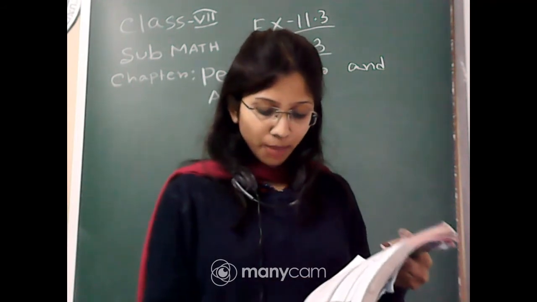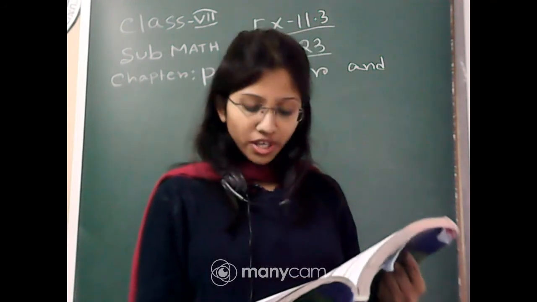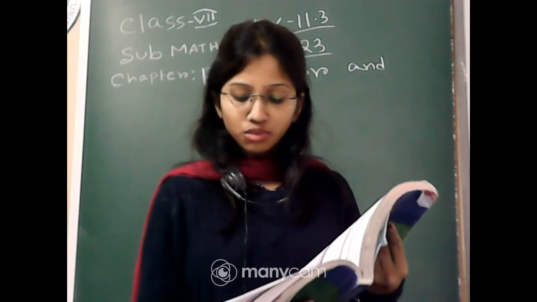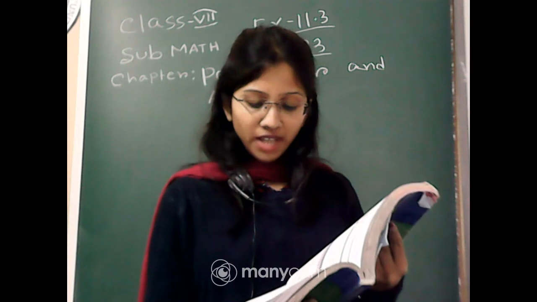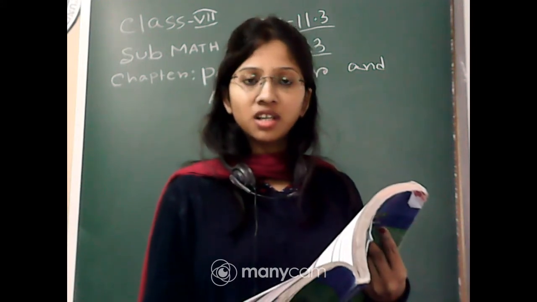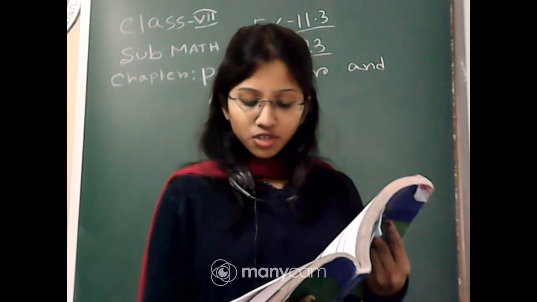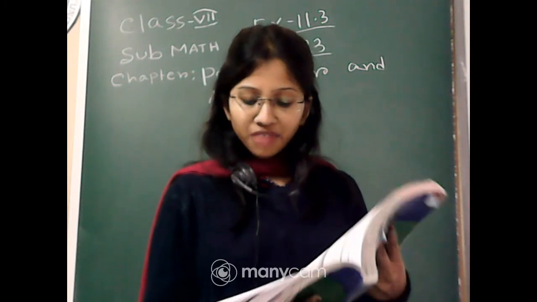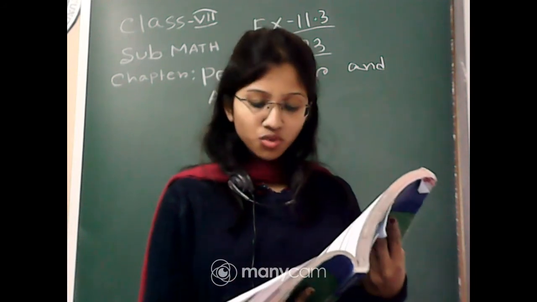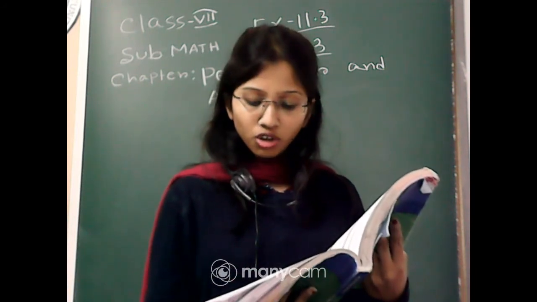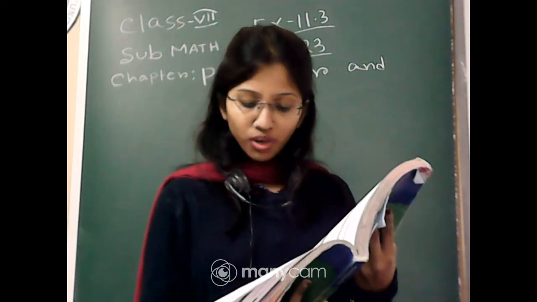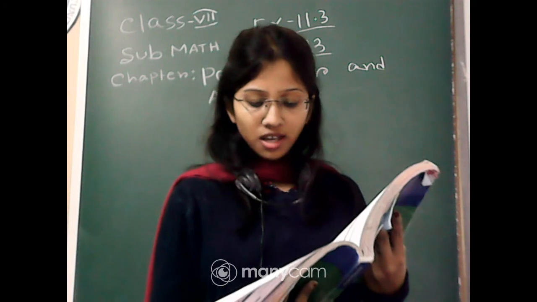First, question number 9. Sajli took a wire of length 44 cm and bent it into the shape of a circle. Find the radius of that circle. First we will find the radius of the circle. Next we will find its area. And if the same wire is bent into the shape of a square, then what will be the length of each of its sides, and which figure encloses more area, the circle or the square?